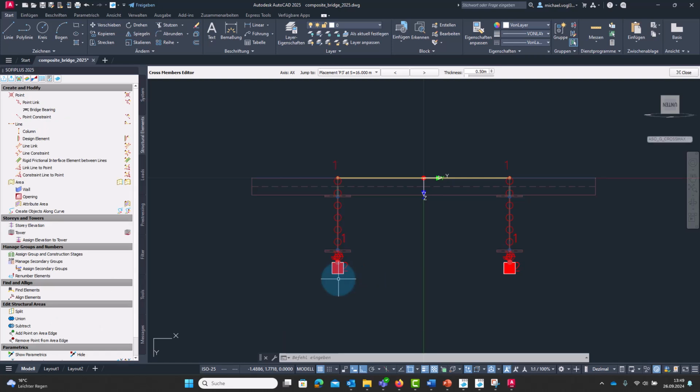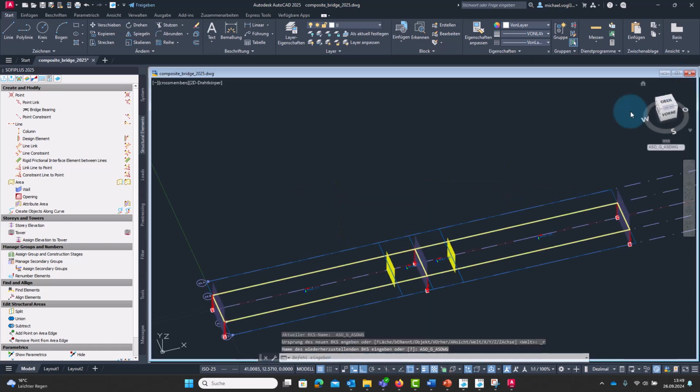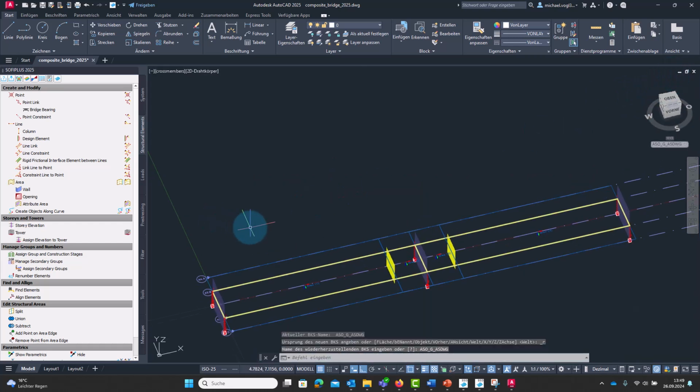As you might remember from the introduction, we would like to also model a pier at the inner support. And for this, I first, of course, have to define the cross-section for the corresponding beam elements.